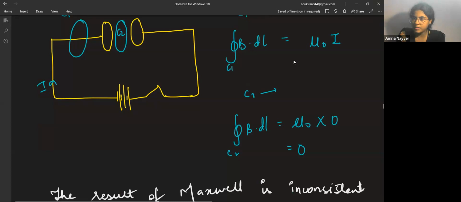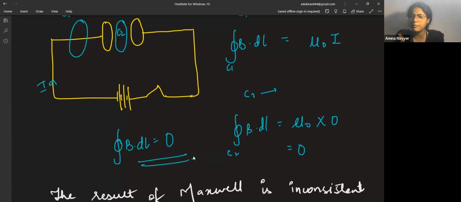Here it was initially, right? This is exactly Ampere's circuital law. You people have only answered that this is Ampere's circuital law. But here what is coming? Closed integral of B dot dl is equal to 0. This is not matching Ampere's circuital law. Ampere never said that a closed line integral will ever be equal to 0. It is always mu naught into I enclosed. This is directly 0 over here. So there is an